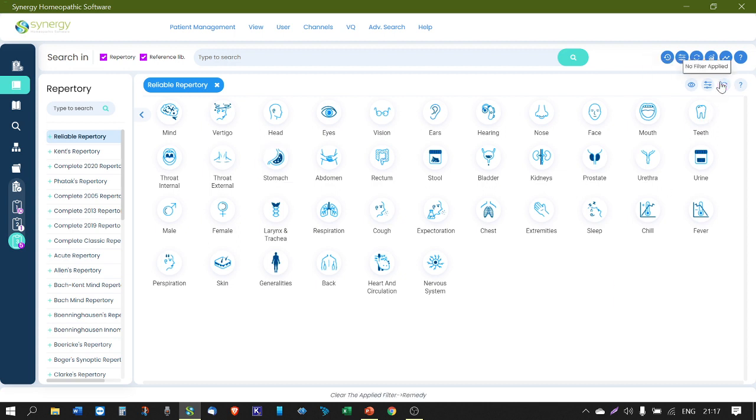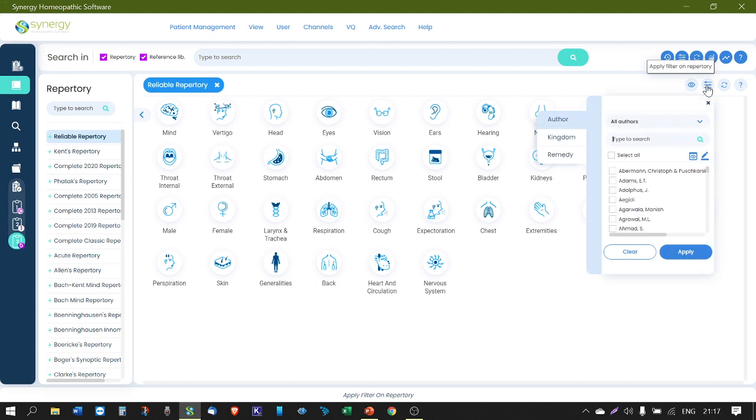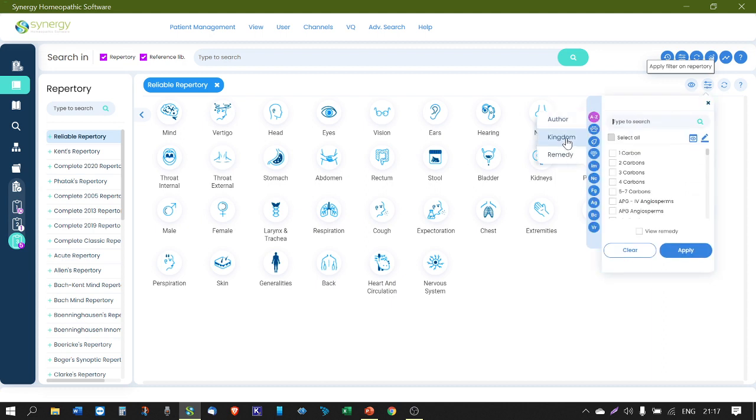The other option you have over here is to click on the same filter and go on kingdom and type ranunculaceae, and you can see you have the options of various ranunculaceae. You just click on the top ranunculaceae, it shows you the place where the family has been classified. You click on apply.